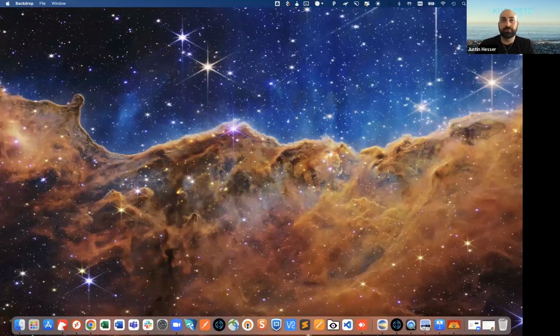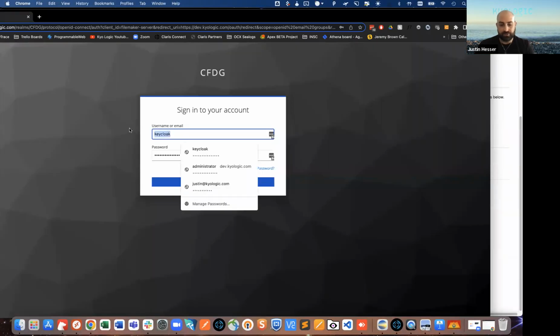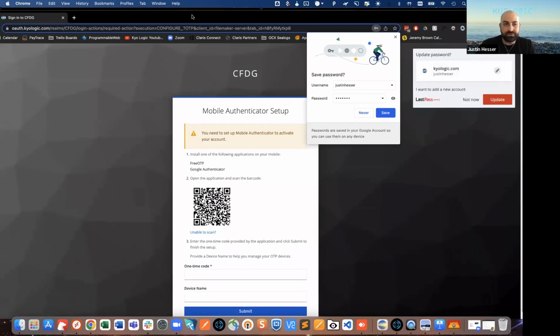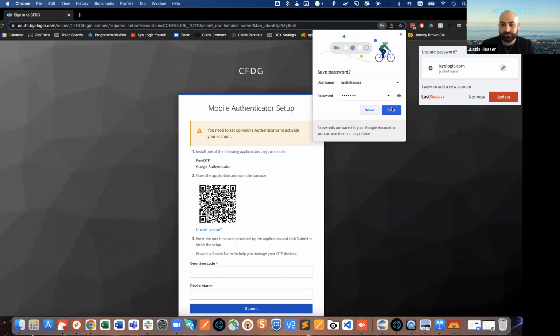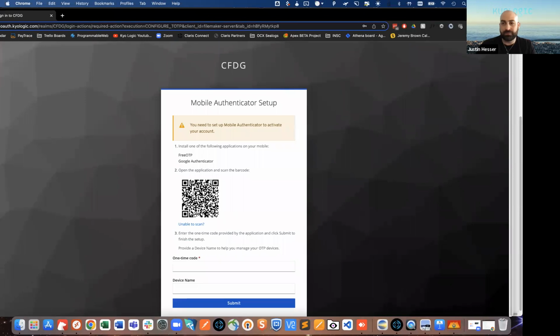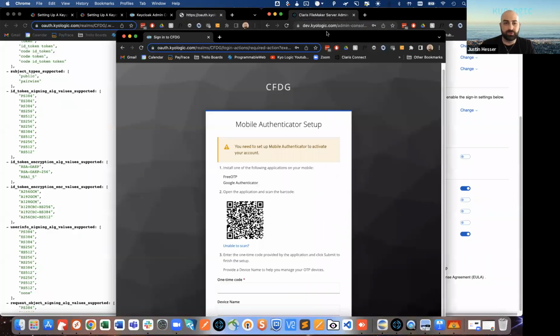And so I'm going to log in with the username and password that was given to me. And sign in. And you can see it takes you straight here to the mobile authenticator setup. The reason why I'm coming here and it's taking me here is because when I was setting up the user,